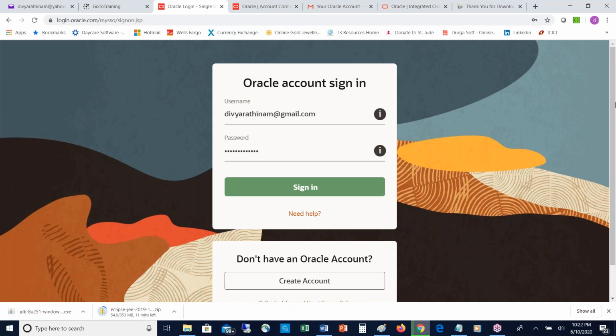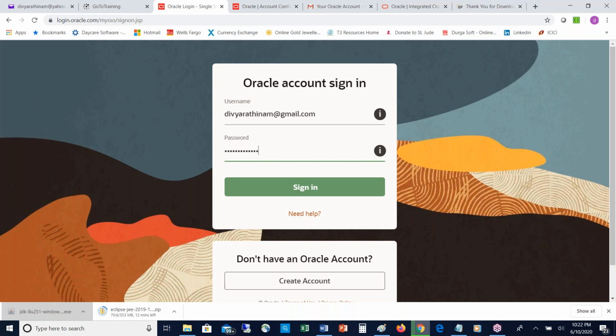See friends, Java has downloaded. Let's install Java on your system. Double click on the JDK we have downloaded. One click is enough. It will take a fraction of a second to load the Java installation UI. Just wait. In this process, first the JDK will be installed and then the JRE. These two components come together. So our Java is ready to develop code.